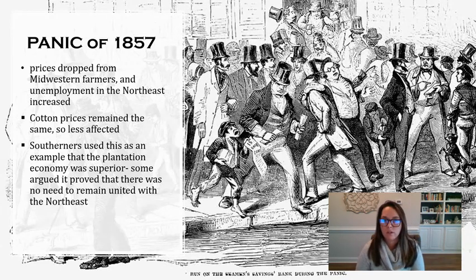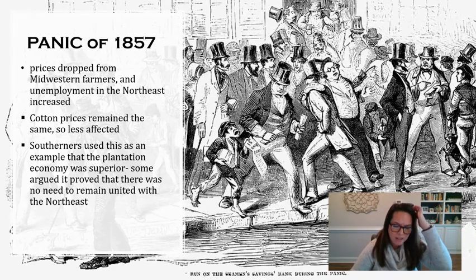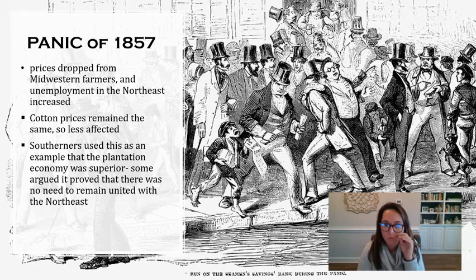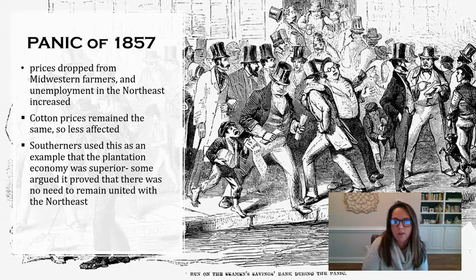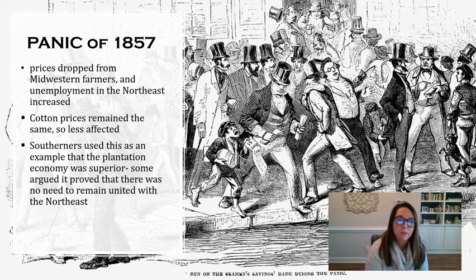I make a connection to the Great Recession in 2008. That was a housing market bubble, right? People were selling their homes for more than what they were actually worth. And eventually people are going to stop paying that amount for those homes. It's really not worth $300,000; it's more like $150,000. And then the people that bought it for $250,000 are now out because they can't sell it for anything more than $100,000. That was very similar with the railroads: people were investing in these railroad companies,